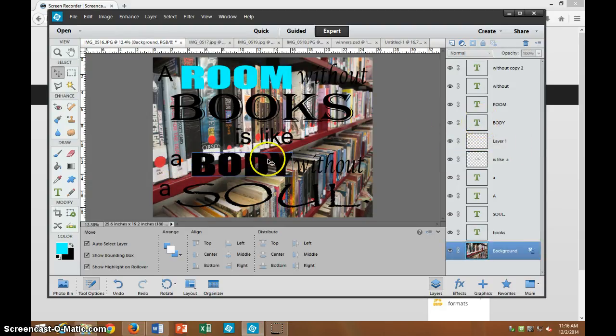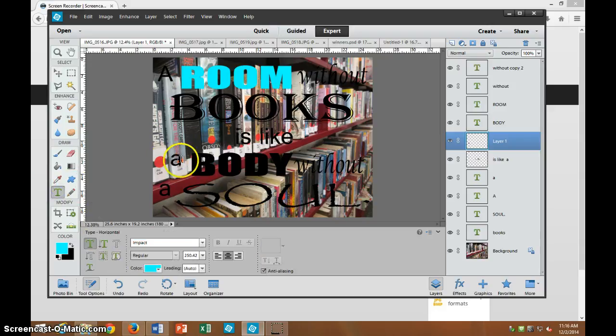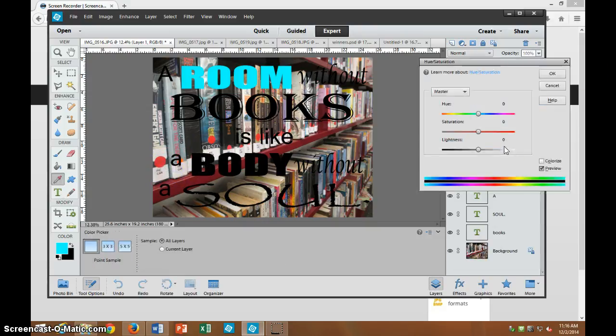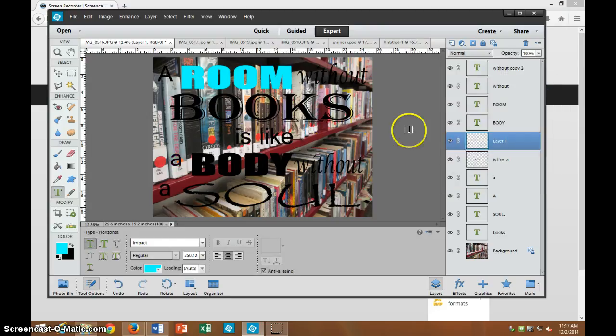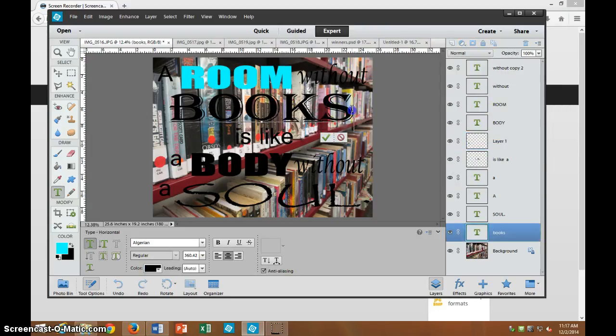Now, ones that are already changed from a text layer, which is what I'm going to show you in a minute, you won't be able to go to the text tool. It's not going to allow you to change it. So what you would have to do to these layers is click on Command U. Now this is a very dark color to begin with. You'll have to colorize it, bring up the lightness, drag the hue around, and that's when you can have a color. As long as they're text layers, you highlight it,